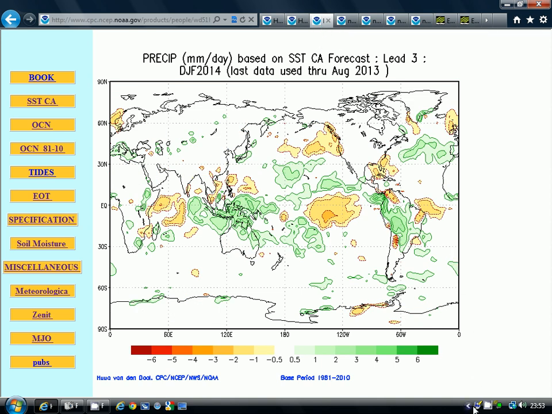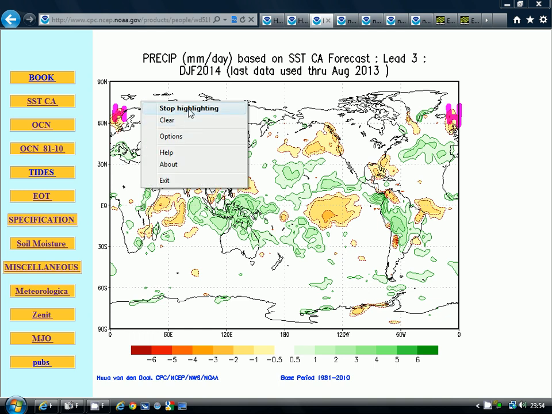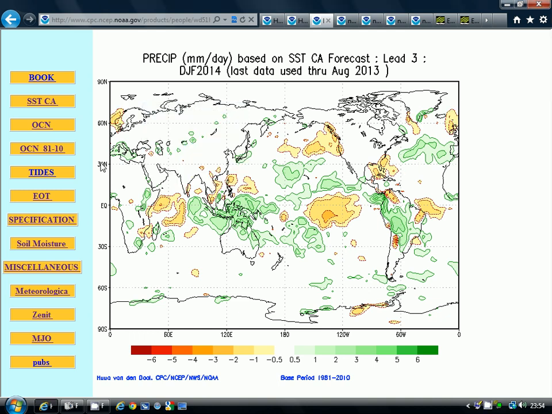Nevertheless, that is a signal for a colder than average winter for Europe, and the British Isles would be included in that. In terms of the precipitation forecast for the winter, we're seeing a signal for high pressure here, driving drier than average conditions to the north of Scotland and going out towards Norway as well. Again, you would expect that because we've got blocking areas of high pressure up there. And the wetter than average signal is through the Atlantic, stretching in towards the Mediterranean. But overall, that of course is a cold and dry looking winter signal for much of Europe and for the British Isles as well.